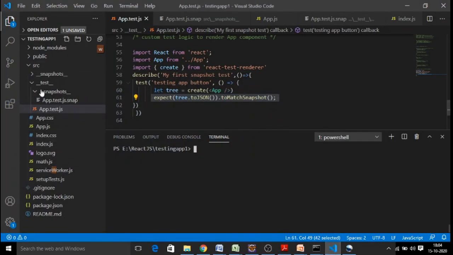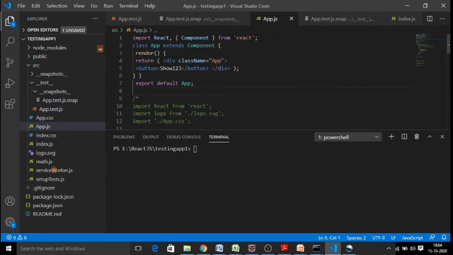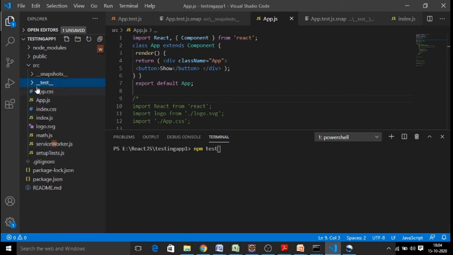So this is our application, where we have app.js with a component that displays a show button. Simply there is a button called show. Whenever I run npm test, it will look for the .test.js file in the src folder itself, or else you can create a folder called __test__, where you can maintain globally all the test cases related to your application.